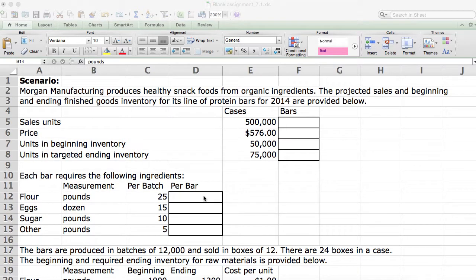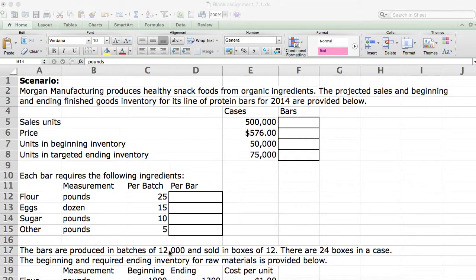So it starts off by telling us that Morgan Manufacturing produces healthy snack foods from organic ingredients. And we've been talking a lot about Morgan Manufacturing over the last 2 weeks. So the projected sales and ending finished goods inventory for its line of protein bars are provided. The first thing that we're going to need to calculate is what do these quantities in cases translate to in terms of bars? Well, there's information in row 17 where it states that the bars are produced in batches